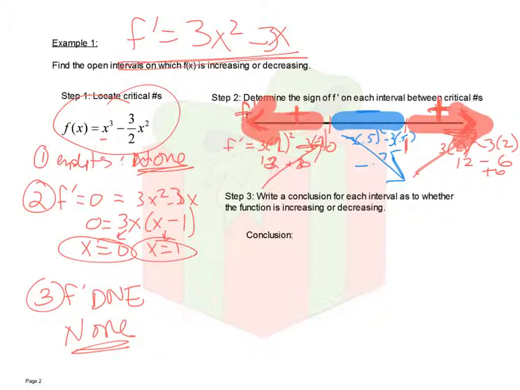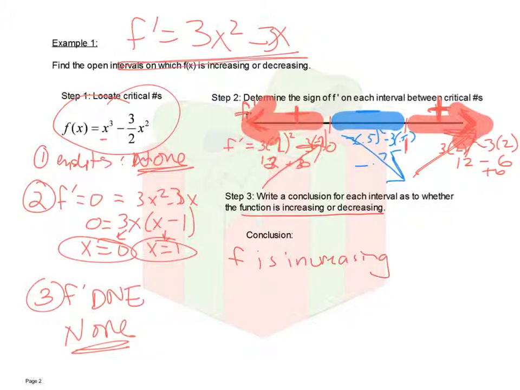All right, so on AP tests anyway, it is not enough to just say that the derivative is positive or negative. You need to explicitly write out in a sentence your conclusions, because you know f prime is positive and negative. For example, it says write a conclusion to tell whether the function is increasing or decreasing. Where the function is increasing and decreasing is really what we need to know. Okay, so f is increasing. Don't say it is increasing. Be clear whether you mean your derivative or your function. F is increasing